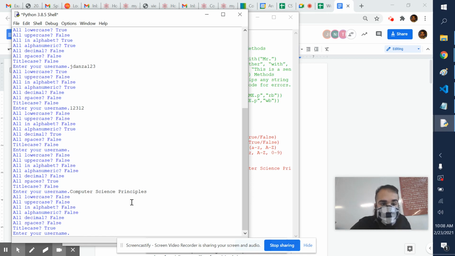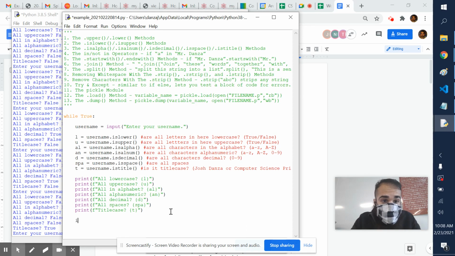So these are just ways to look at data as it's coming in, find out information about it, and then, how do we clean that data up? Well, we can convert it all to lowercase. We can convert it all to uppercase. Those are two ways. Or we could deny it. We could say something like,